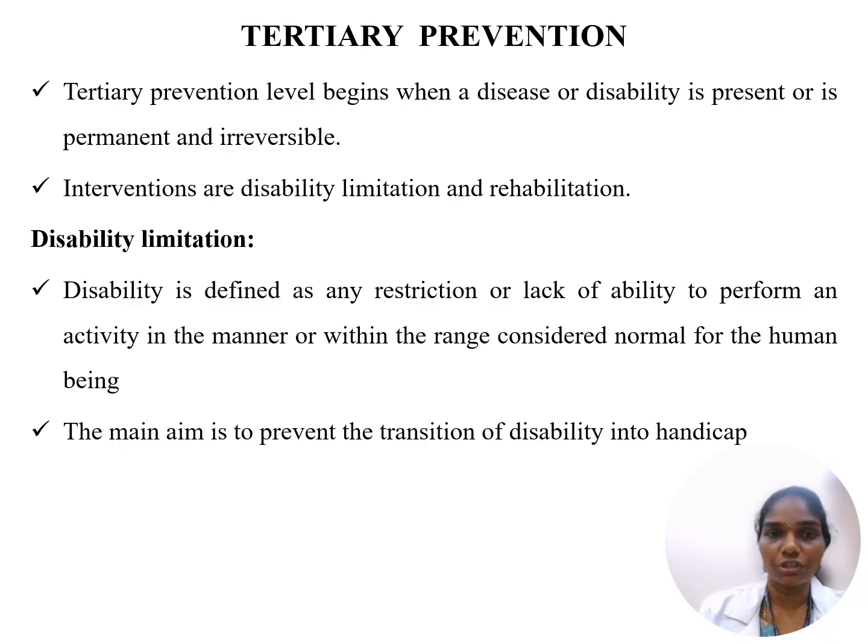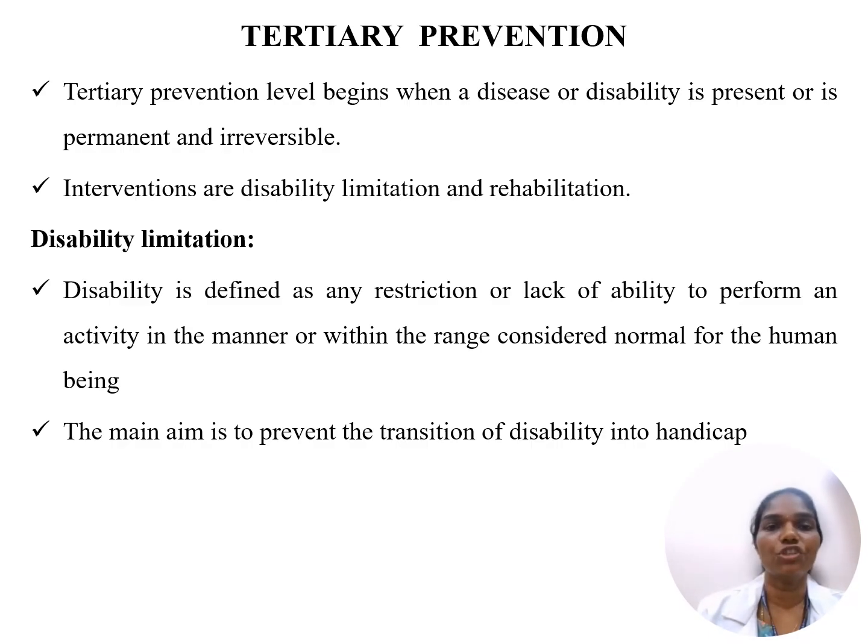What is tertiary prevention? The disease has already occurred and the disability has also developed. We cannot leave them as it is, no. With the disability, you live with the disability. We cannot leave the individual like that. So in tertiary prevention, what we are trying to do is limit their disability and make them cope with their life and lead a normal life. That's what we are doing in tertiary prevention. We are doing rehabilitative activities in tertiary prevention.